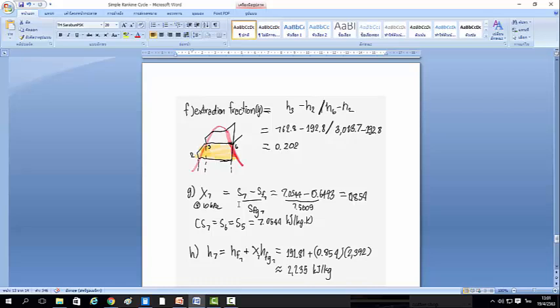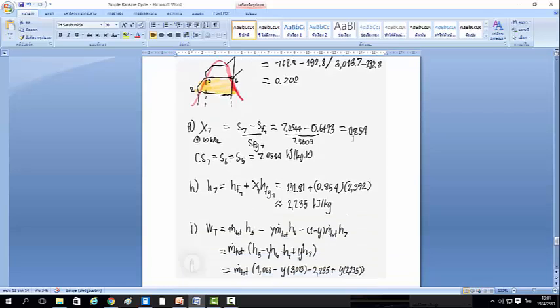You can use S5 or S6 instead of S7 because it's the same. SF and SFG we also know by opening the table at 10 kilopascal,